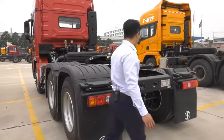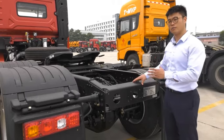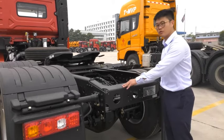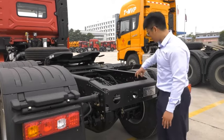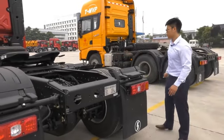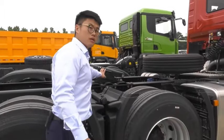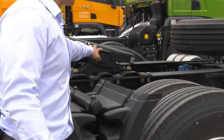And as we can see here, our frame uses 6,000-ton hydraulic equipment with one-step forming, and this frame is really strong. And this truck is using a single 8 millimeter plate. And now let's have a look at our leaf springs here. And now let's have a look at the fifth wheel. This truck uses the Yost 90 fifth wheel, which gives the